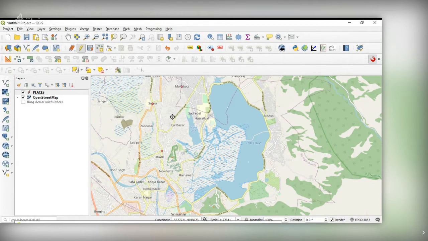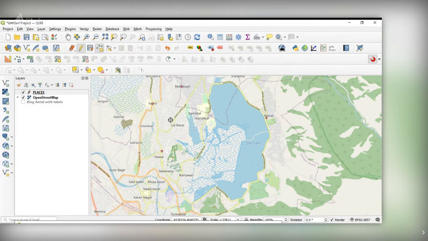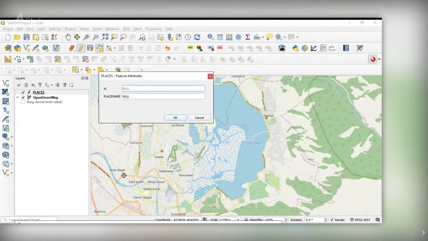And Nishat, 4, Nishat. Yeah, next we'll take one more here and somewhere here. Nurbak. Yeah, Nurbak. We can take Nurbak. Probably this may be Nurbak. 4, Nurbak.